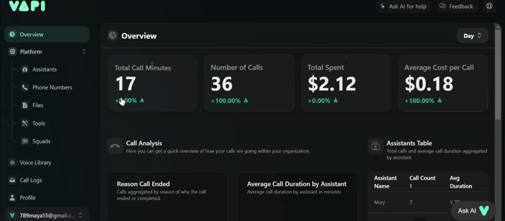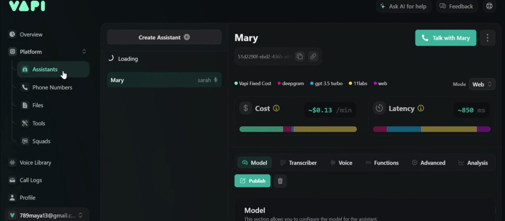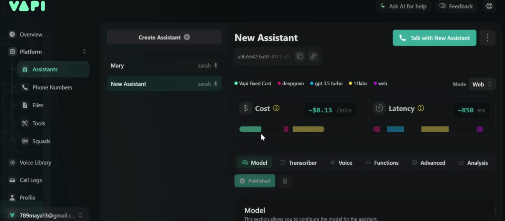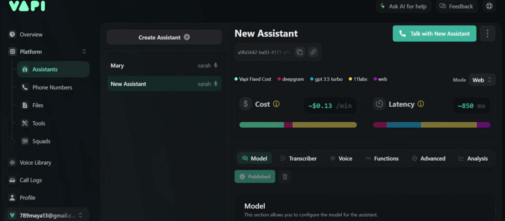Once you head over to the dashboard, you go to the assistants. Okay, wait a minute. Before you start the project, select the language that you need the assistant to speak in. For this demo, we will be choosing English and Hindi as the languages that our assistant could speak. So click on create assistant, choose a blank template, and click on create assistant, and you see the assistant being created within just 2 seconds.